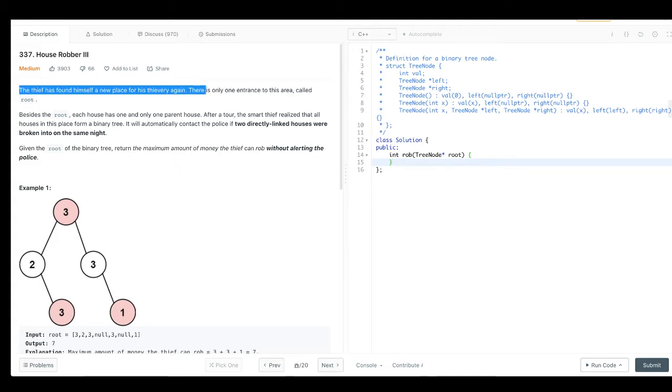There is only one entrance to this area called root. Besides the root, each house has one and only one parent house. After a tour, the smart thief realized that all houses in this place form a binary tree. It will automatically contact the police if two directly linked houses are broken into on the same night. Given the root of the binary tree, return the maximum amount of money the thief can rob without alerting the